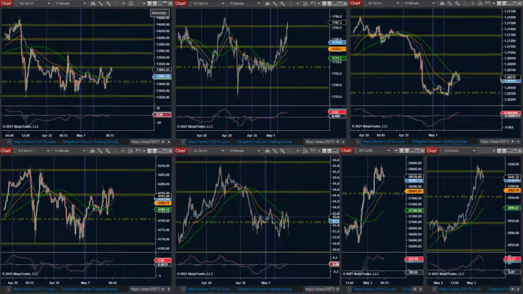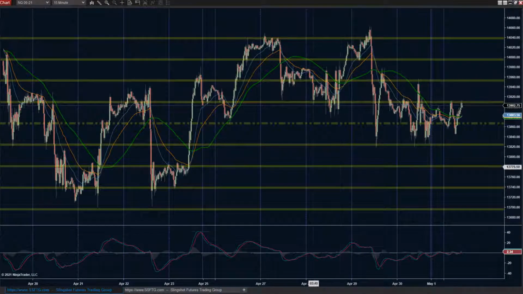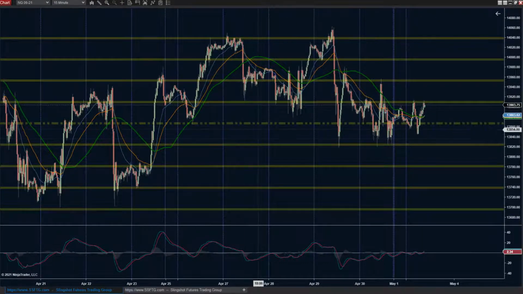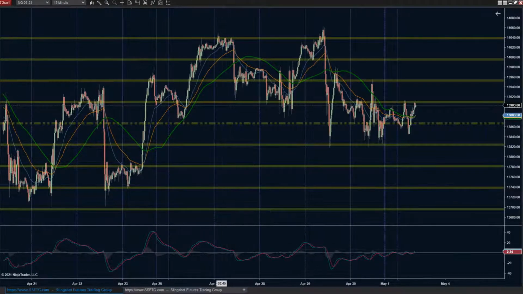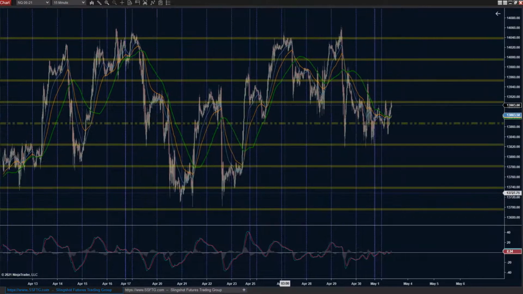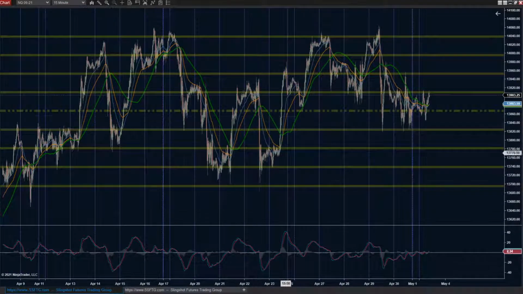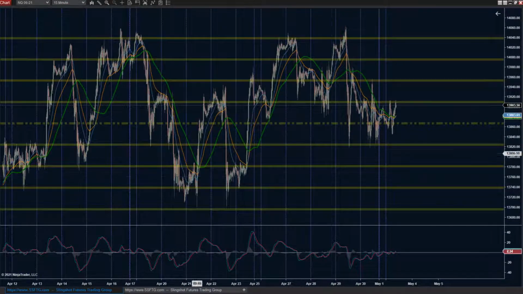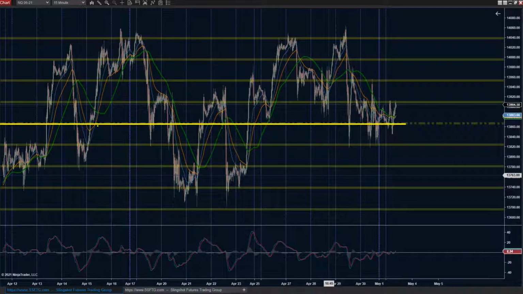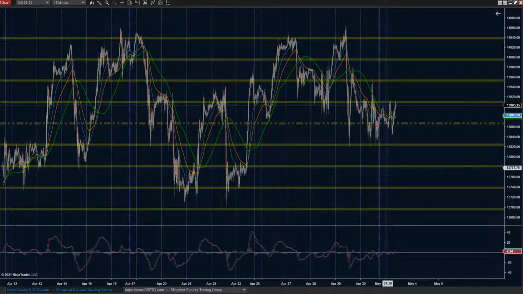Looking across the board here, starting off on the NASDAQ, realistically, it hasn't really gone very far, has it? It's still just kind of stuck in a range. It's not really doing much of anything. I mean, obviously in the bigger picture, the bulls are still interested, right? But geez, look at this thing. It's a mess. So as it stands right now, seeing as the settlement is basically directly in the middle of it, and if we were to draw a volume cluster across all of this, it's almost a guarantee that it's directly in the middle of it.